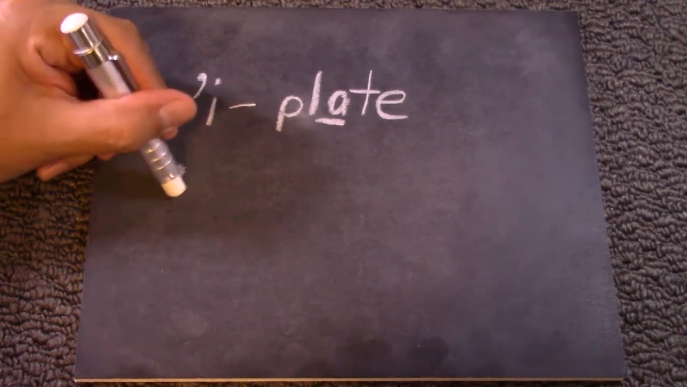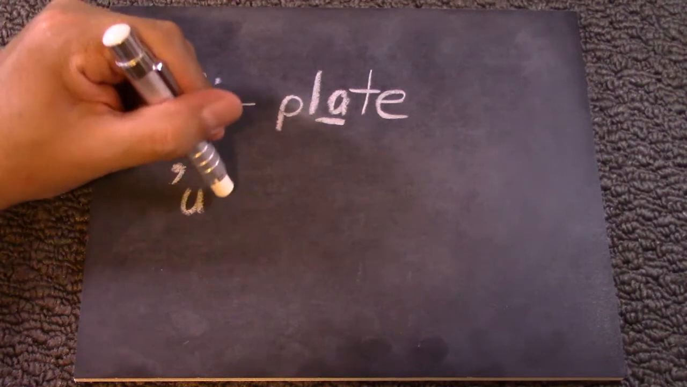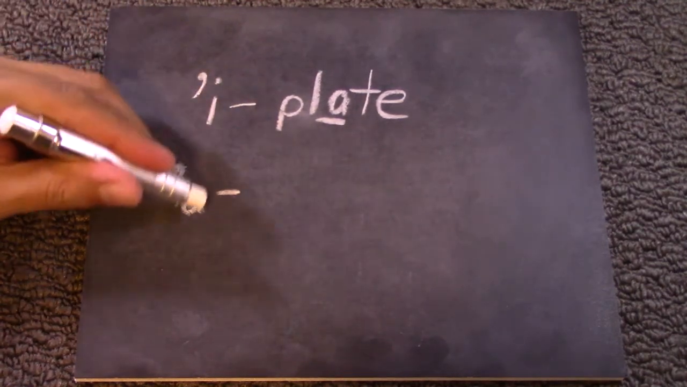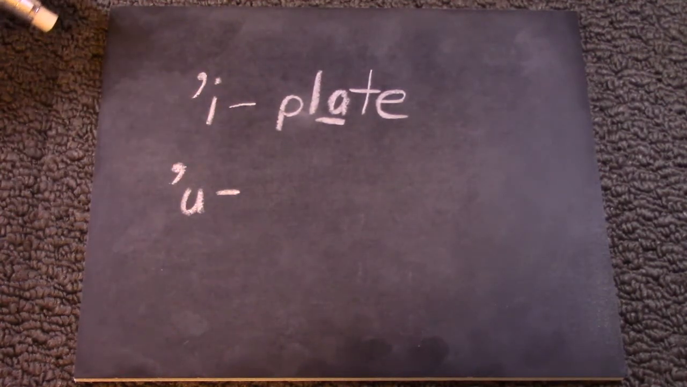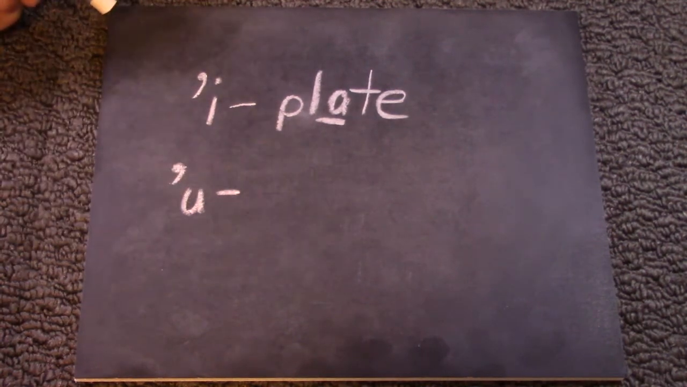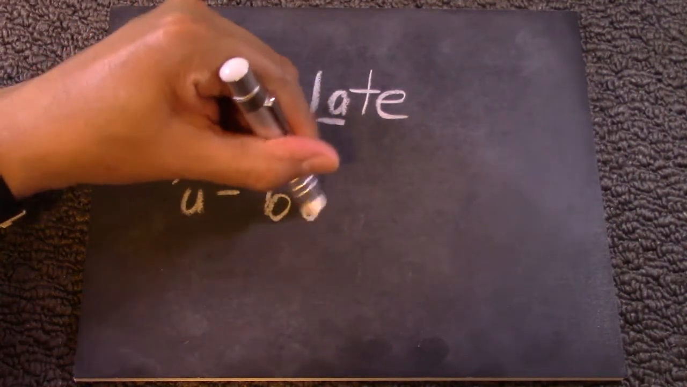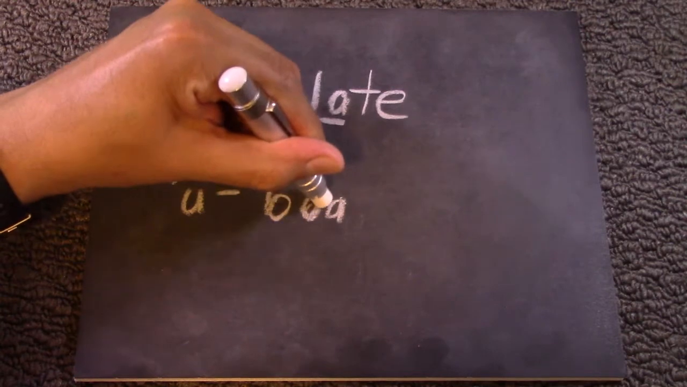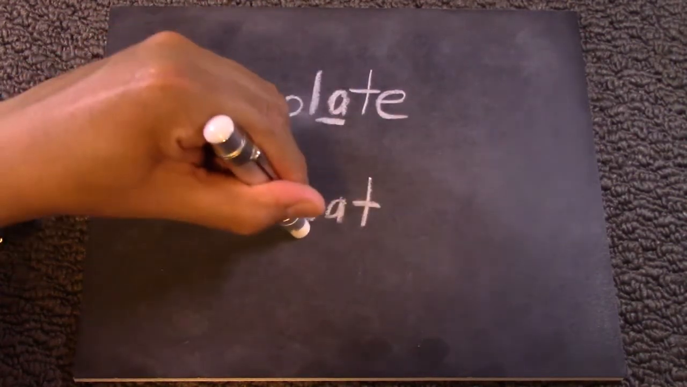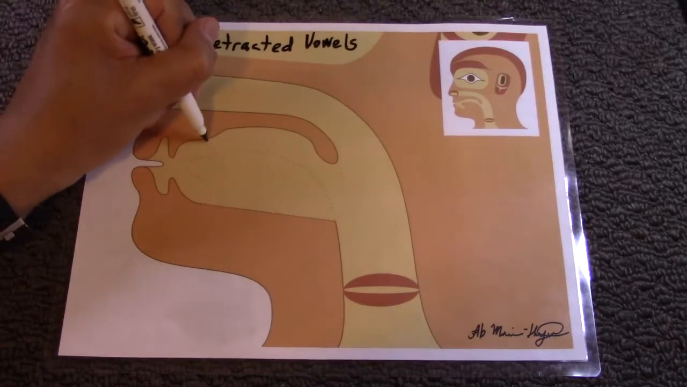The other retracted vowel is U. So U normally makes an oo sound, but when it has an apostrophe in front of it, it sounds more like O. And the word we can use as an example of that in English is boat. So again, I'll draw the chart